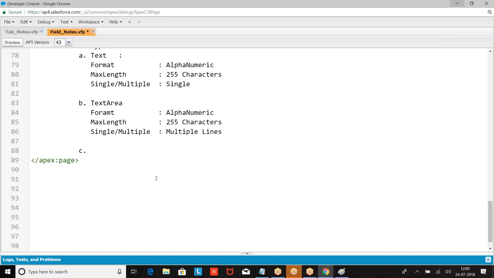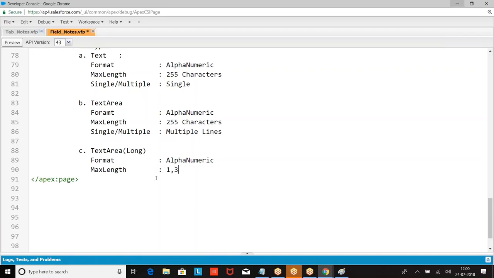What is the third one we have? Text area long. If you want to take more than 255 characters, I want to write a description. Description may be more than 255 characters. If you want to take more than 255 characters, then I'll go for text area long. Format alphanumeric.